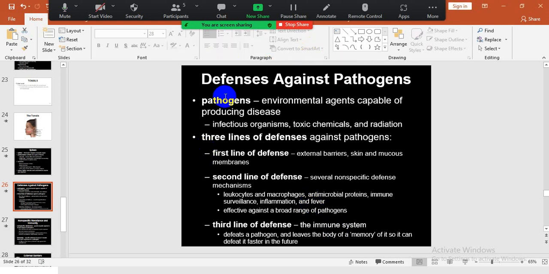So when we say third line of defense, that is what? The adaptive immune system. It's like you have been having malaria, so even if you have malaria today, it is not news. A thousand mosquitoes can bite me today, I will never have malaria because of the frequent exposure I've had to malaria parasites. So my body has developed a residual immunity, meaning that I have antibodies that are protecting me against any